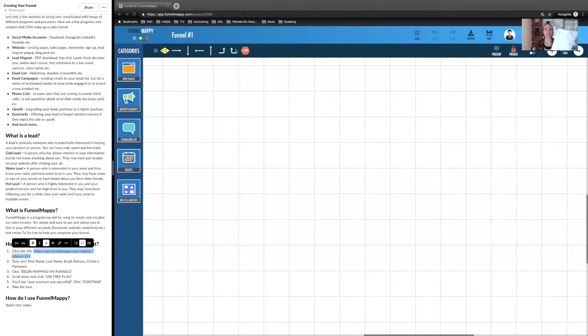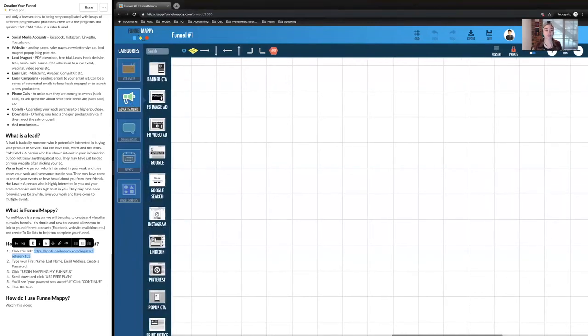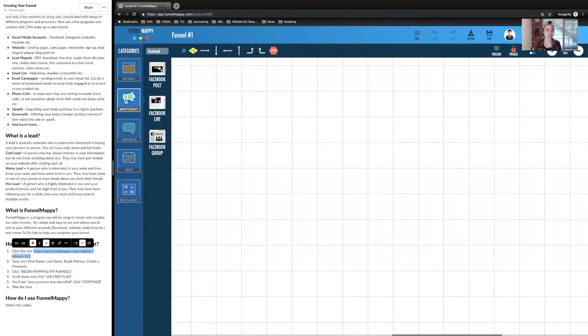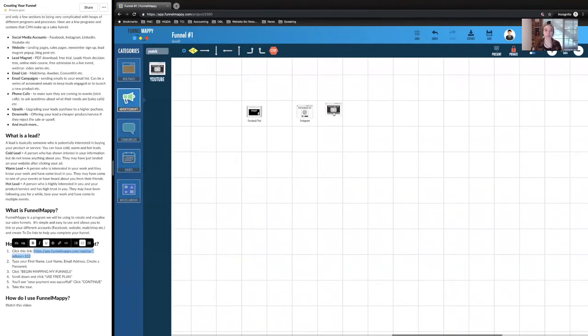So if you want to create something like this, we'll find Facebook. We can just type it in here, Facebook. So maybe it's a Facebook post. Then Instagram, an Instagram ad. Maybe that's where it comes in. Maybe you have a YouTube channel. Maybe those are at the top. And then we'll go down to your website.